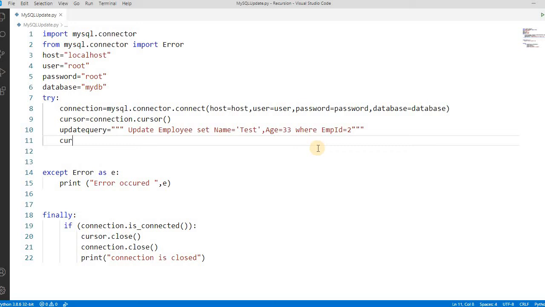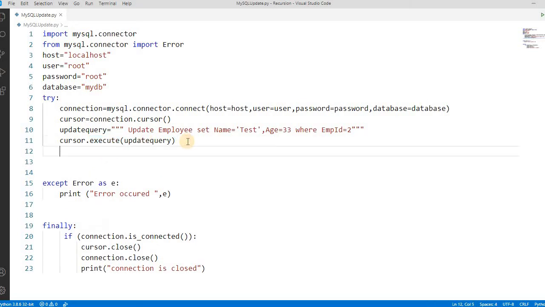We have to pass this into cursor.execute, and then pass this update query. Because we are making changes in the table, whenever we are inserting, updating or deleting, we have to commit the changes. Otherwise, this will execute, but it stays in the cache and will not be committed to the table. So for committing, we write connection.commit, with the connection, not with the cursor. Simple. Whenever any error occurs, we have to roll back with connection.rollback.